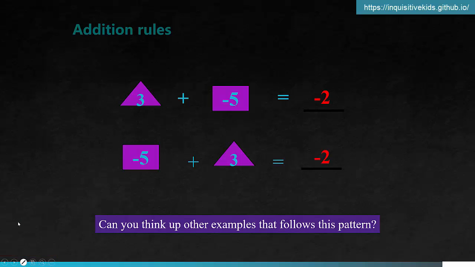One example that I can think of is a negative number like negative 7 plus 3. This is equal to 4, and